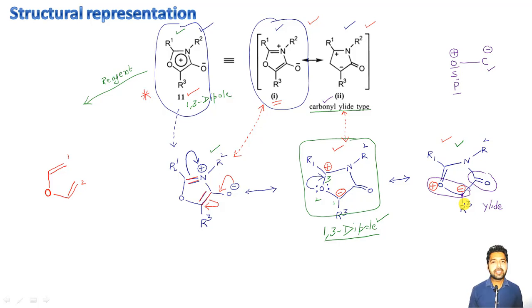So basically in this slide, that is the structural representation, we have learned three important things. The first one is that the structural representations give just the equivalent structures, which will definitely help us in understanding the chemistry of these mesoionic molecules. Okay, the second thing is that these generate 1,3 dipoles in the reaction that will actually be responsible for that particular chemical reaction. Okay, the third thing is the concept of the halides, and in this case these are the carbonyl type of halides.